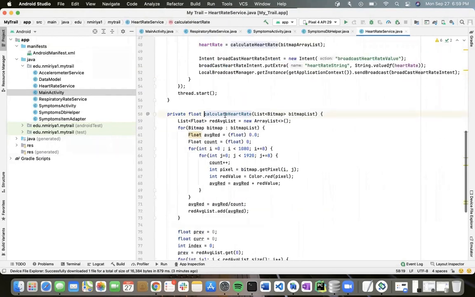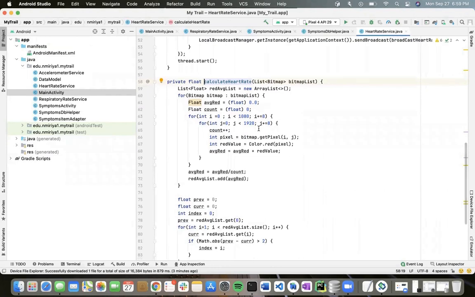And once this while loop is done under a try catch block, I have the calculate heart rate method, which takes the bitmap array list and creates a list of red color values, taking an average of red color over all the pixels of the bitmap. So in short, it is iterating over all the objects in the bitmap list. Because the video is 1080 by 1920, I go over the pixels, and here as well, just so that the application doesn't hang, I'm skipping 8 pixels in between. I'm getting the values of the pixels in a loop, getting the red color value, and adding it to the average values.